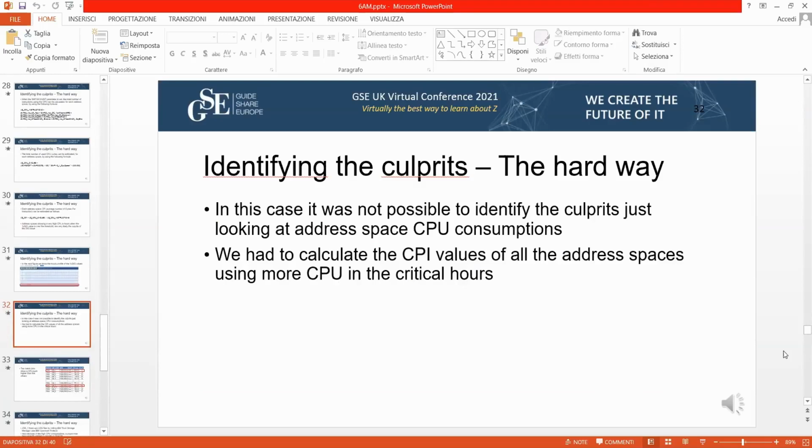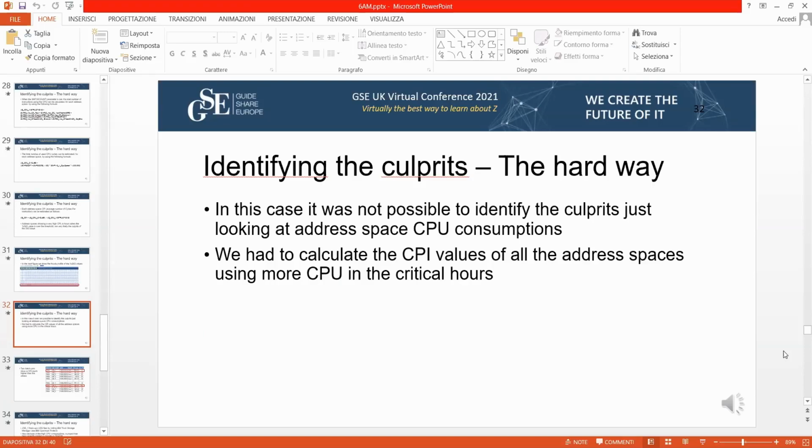When you just look at the top address space consumption, you don't find anyone linkable directly to the situation. There was no one that was clearly the address space creating the problem.